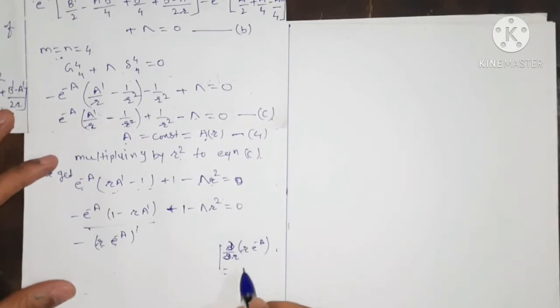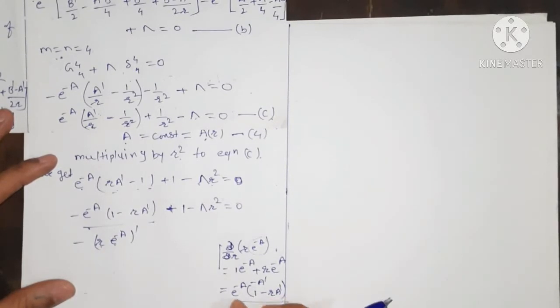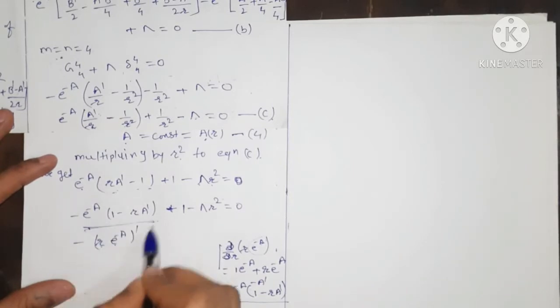The derivative of r is 1, e to the power minus a as it is, plus, now r as constant, the derivative of e to the power minus a is e to the power minus a into minus a dash. Okay, so if we take e to the power minus a common, in the bracket we have 1 minus r a dash, right? So the derivative of this term, that is the derivative of r e to the power minus a, is this term, and here it is